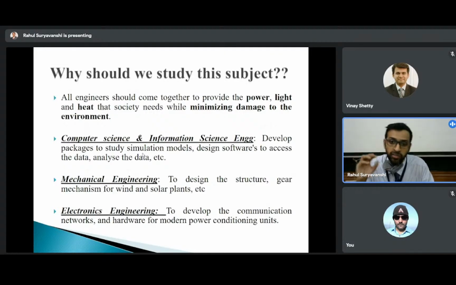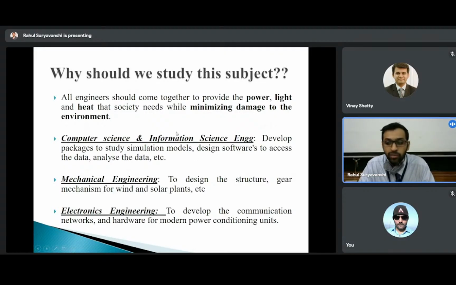These companies focus on developing software in such a way that before installing the plant, it will tell you the types of material required, the costing, how much generation it will be doing, what the payback period is, all the different things that can be done, how much shadowing area there is, and what tilt angle has to be provided. All those things will be done in an analysis software. So such kinds of software are required to be designed.